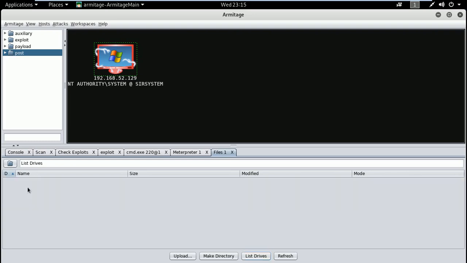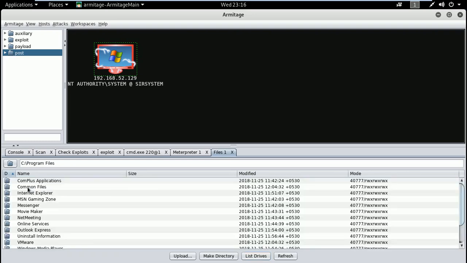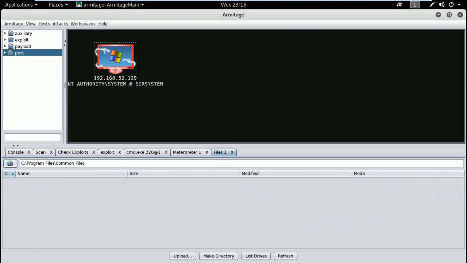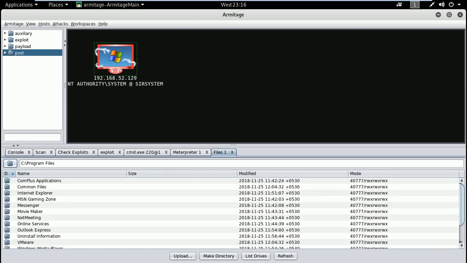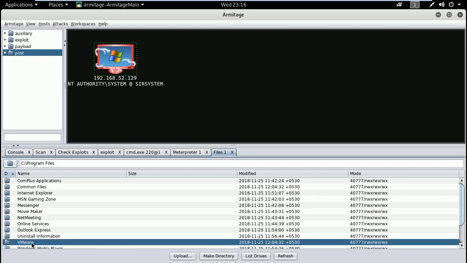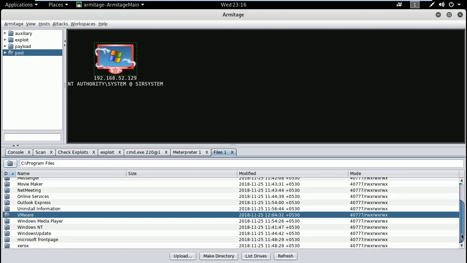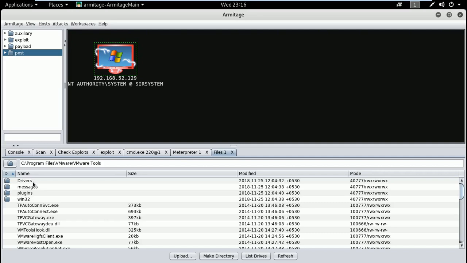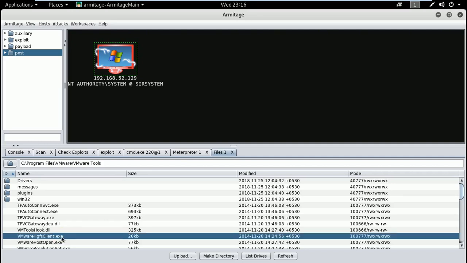Under the C drive you can see Program Files. Go back one step. You can see what programs are there, VMware or anything that you want. Let's go to VMware Tools. You can see there are DLL files, exe files. You can see the size of this, and let's download this. So let's click on this